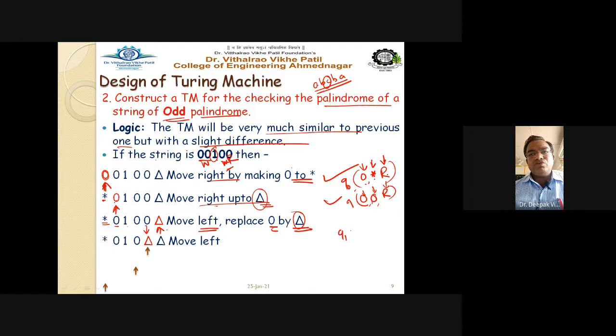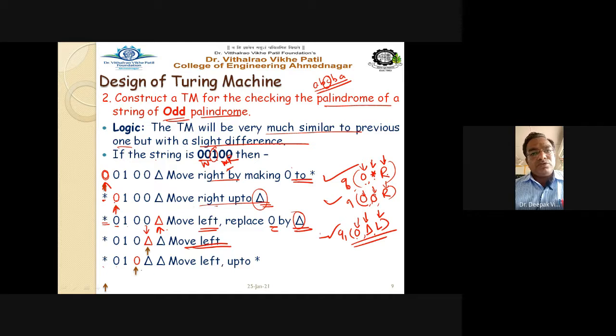So I can write here q1, input is 0, output is capital delta, and move in the left hand side direction. So the transition is written like this: q0, the input replaced by capital delta, and the movement in the left direction.